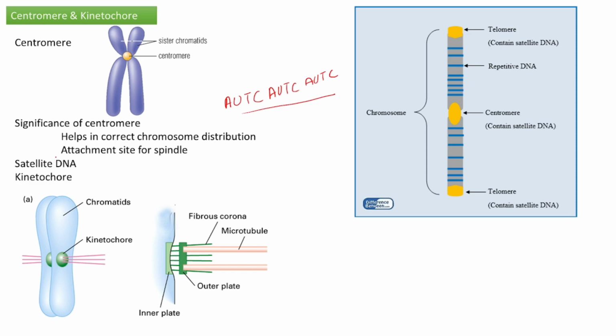Each repeat can be about 170 base pairs long, and so many repeats are present in the satellite DNA. Okay, that is satellite DNA. Simply, what is satellite DNA? Satellite DNA are highly repeated sequences of DNA that are important at the centromere. In the centromere portion, several repeated sequences are present, and those repeated sequences are called satellite DNA.